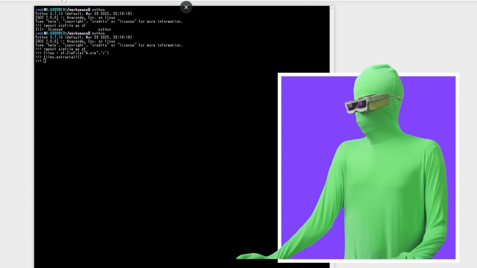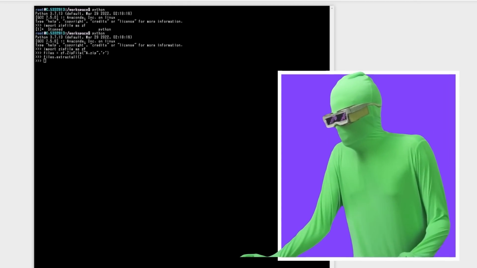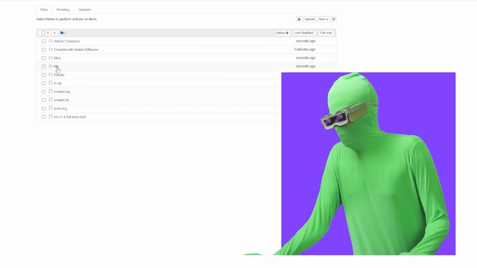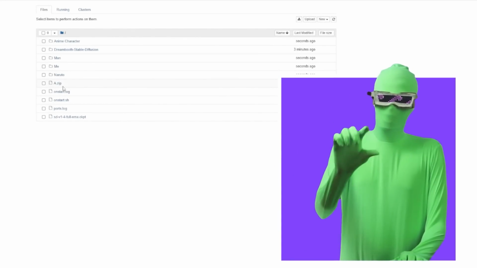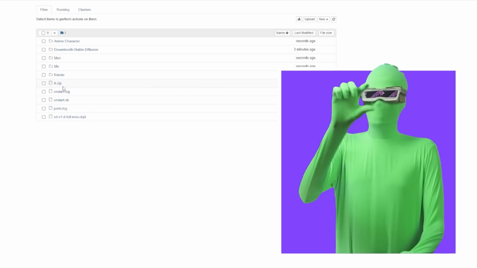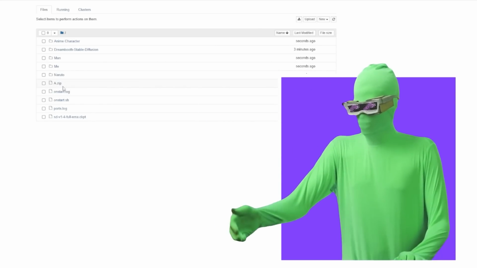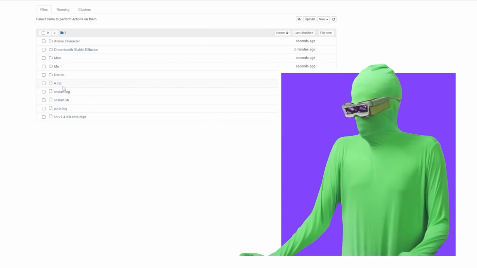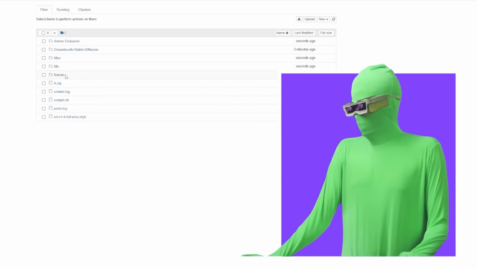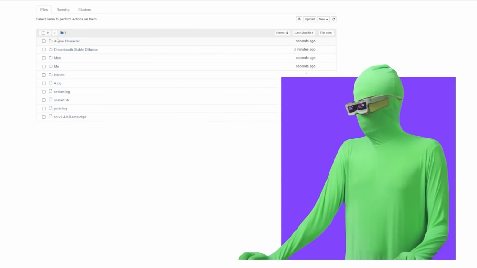So we're going to come back here, go to the main Jupyter page. And now you should see all the files that were in our zip file are here. This is one of the reasons, by the way, why you put it inside of a folder inside of the folder, so you don't just end up with 100 files here. So we have the man folder, the me folder, the Naruto folder, and the anime character folder. Okay, we've extracted everything.